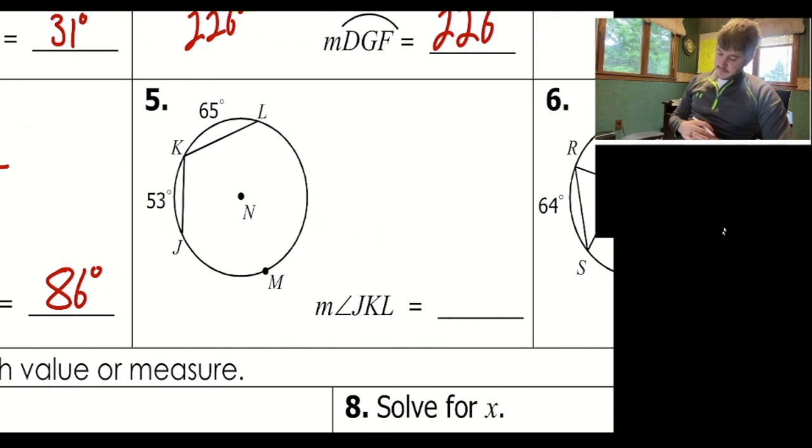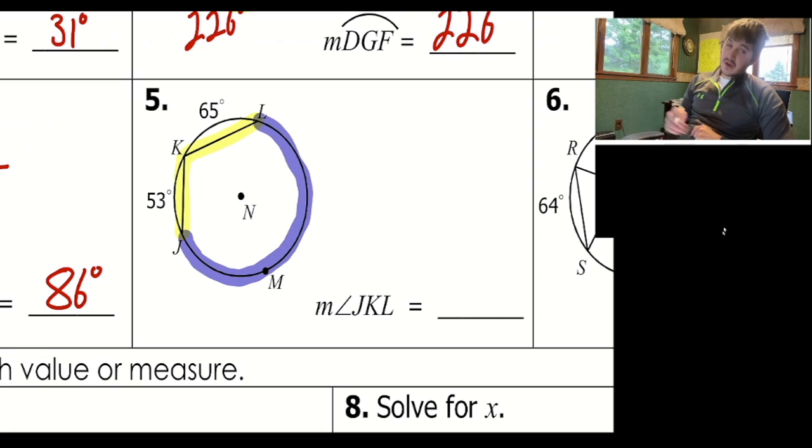Number 5. So I got a few things here. They want angle JKL, which is the inscribed angle right here. The best way to figure that out is to figure out the measure of the intercepted arc, which is this one right here. If you know the measure of that purple arc, all we need to do is cut it in half to get the inscribed angle. So that's how we're going to use the 53 and 65, because collectively that's the full circle. So we're going to add 53 and 65, and that's going to be